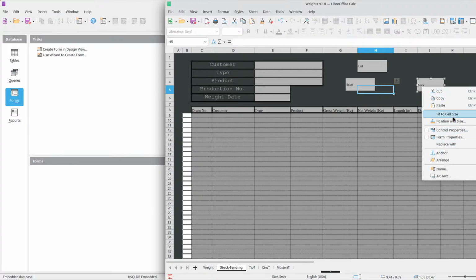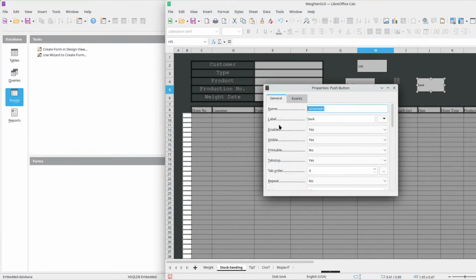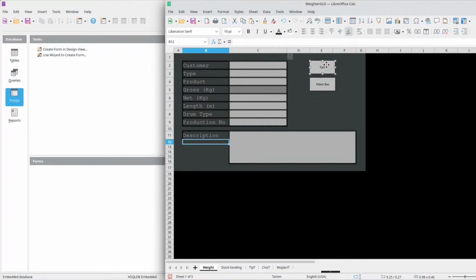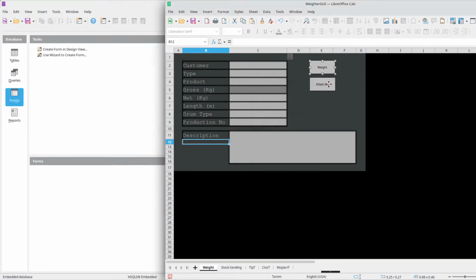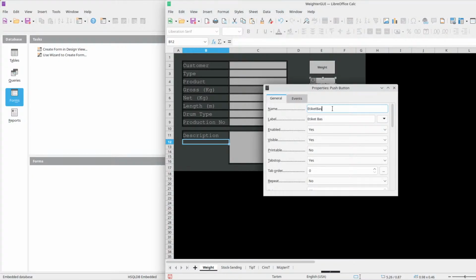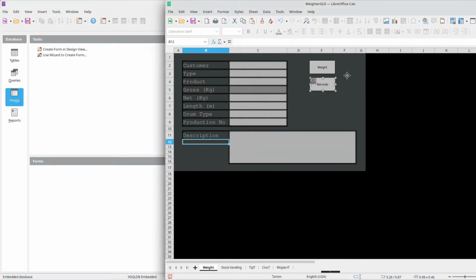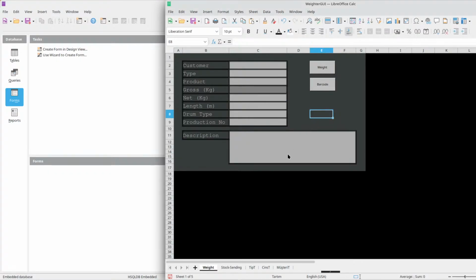And let's make this patch. Let's make this weight, barcode. Okay,